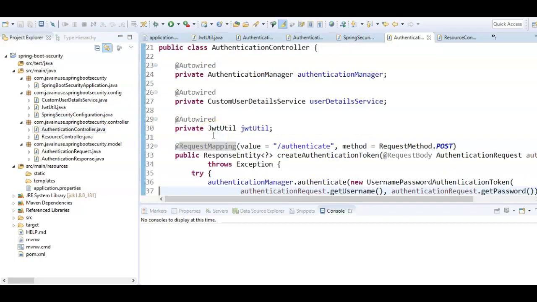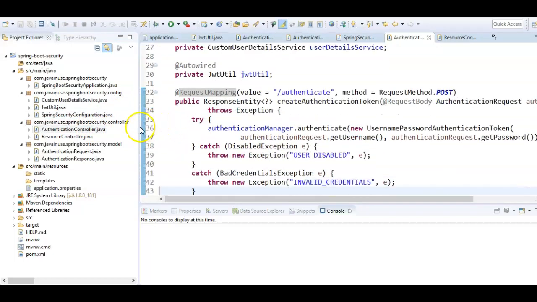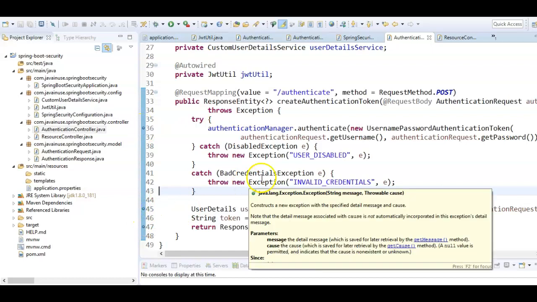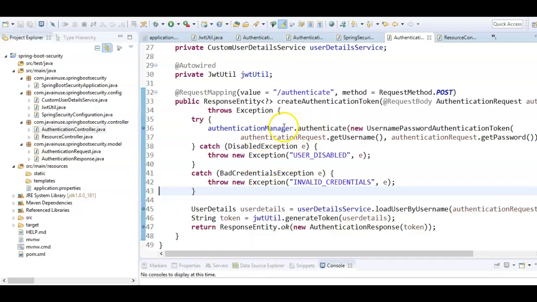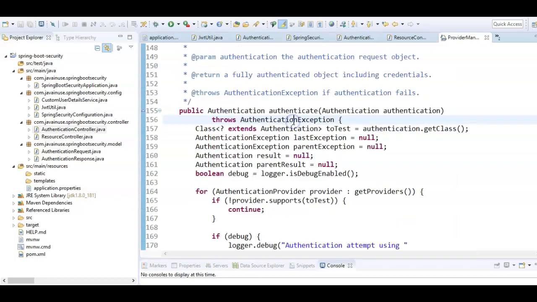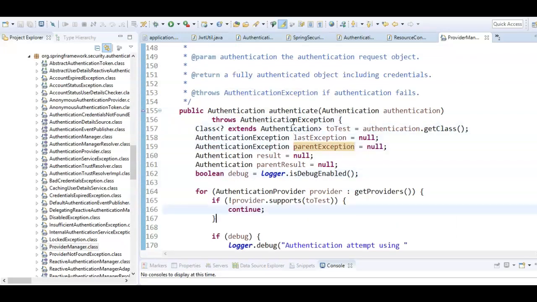So in the authentication controller we are going to add some debug points. Add some more debug points here. Also we'll be adding some debug points to the Spring Security classes. So this authentication manager calls the authenticate method. So go to the implementation. The implementation that we are looking for is the provider manager. So here go to the authenticate method.